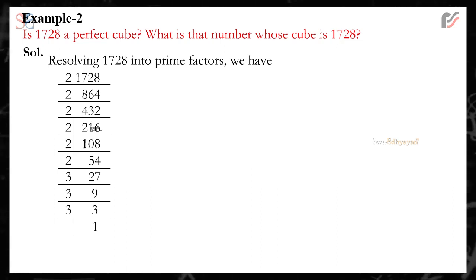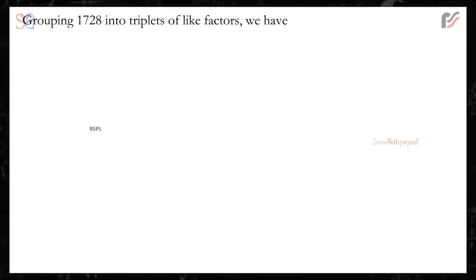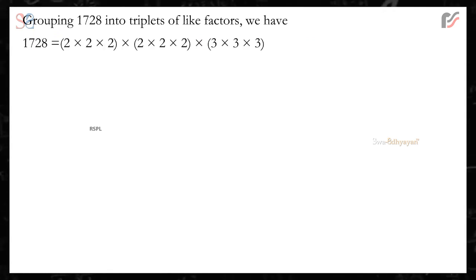On dividing 108 by 2, we get 54. On dividing 54 by 2, we get 27. On dividing 27 by 3, we get 9. On dividing 9 by 3, we get 3. On dividing 3 by 3, we get 1. 1728 is equal to 2 into 2 into 2 into 2 into 2 into 2 into 3 into 3 into 3. Grouping 1728 into triplets of like factors, we have